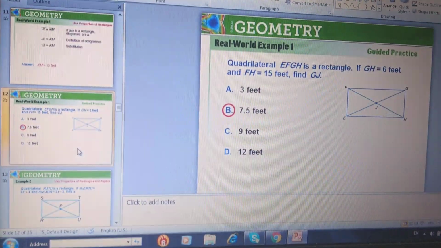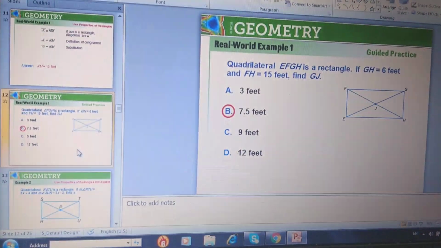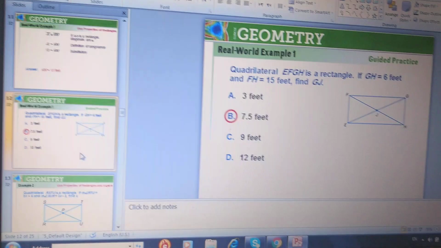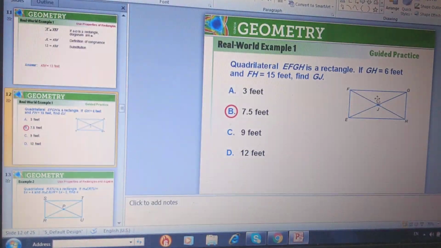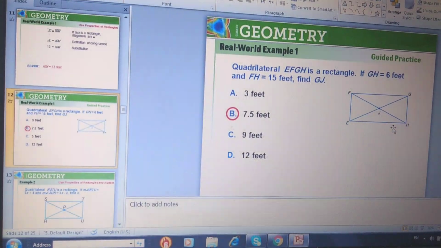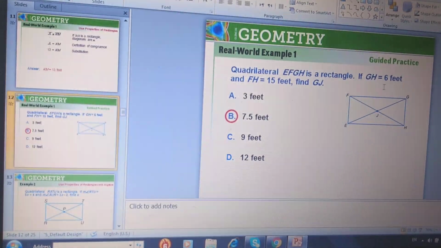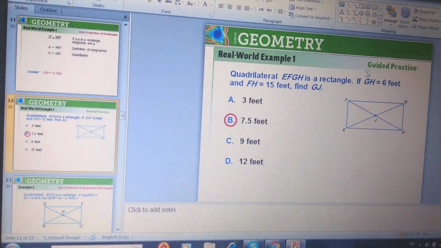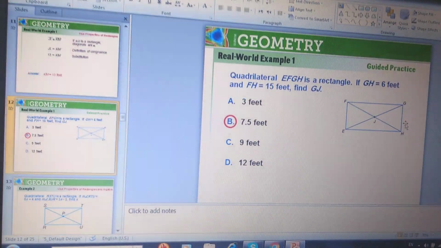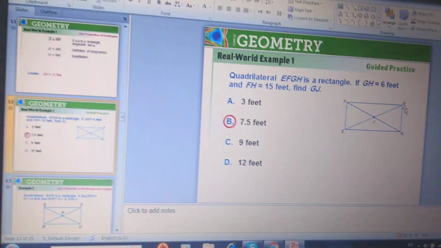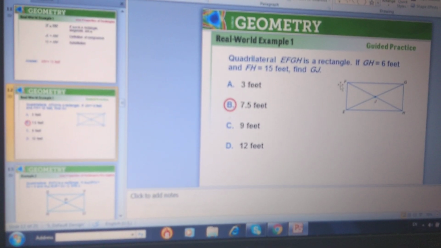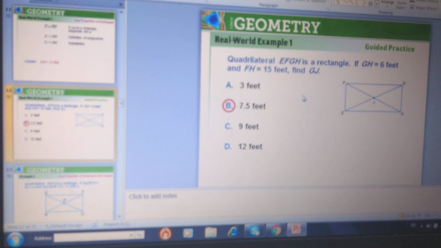Here the same. Quadrilateral EFGH is a rectangle. When he says rectangle, I know directly that diagonals are congruent without thinking. GH is 6. FH, the diagonal, is 15. Of course, he gives me this, GH equals 6, as a kind of distraction, because he doesn't want to give me the information directly. He wants to distract me. GH is the width of the rectangle. I don't care about it. I care about the diagonal. FH is the diagonal, equal to 15. Find